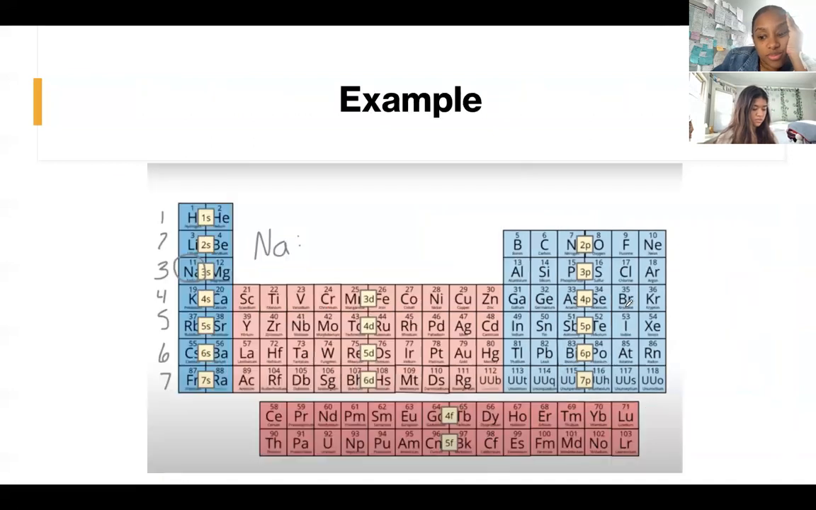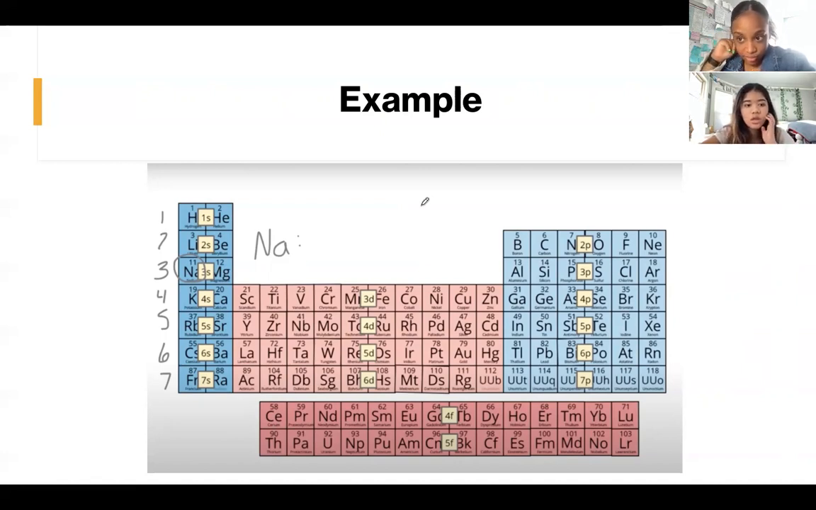Okay. Right. Okay, so now I'd like for you to generate the configuration for sodium. Do you want me to do the arrow or like the number part? Just the entire configuration. We'll do the short version. I'm gonna talk about the short version in a little bit as well. All right. So Na. So it would be